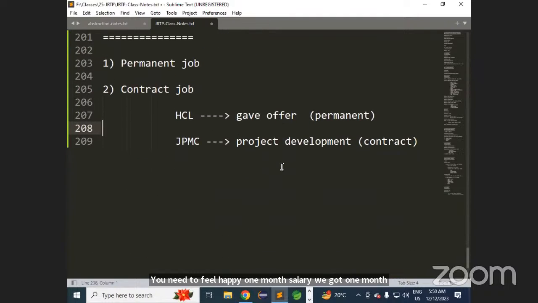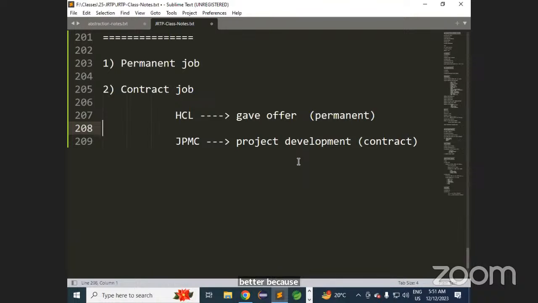Good. How many types of jobs are there? So there are 2 types of jobs. What are those 2? One is permanent job. Second one is contract job. Right. So which one is better? For fake people, contract job is better because